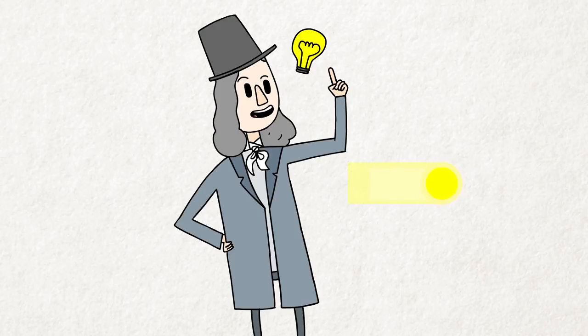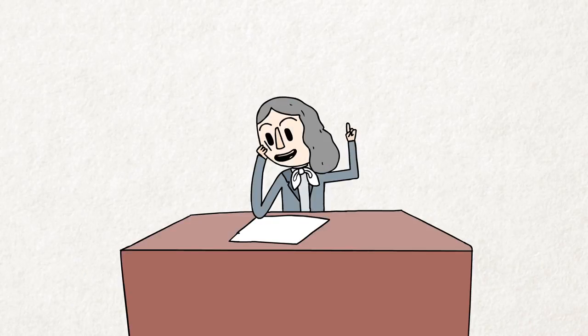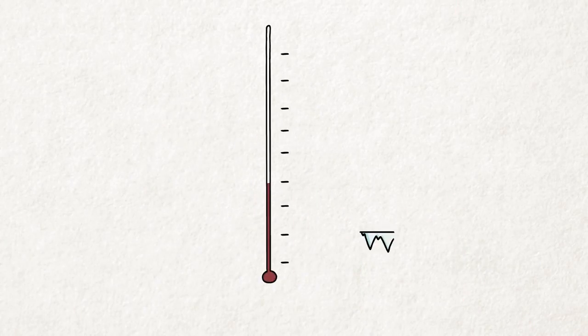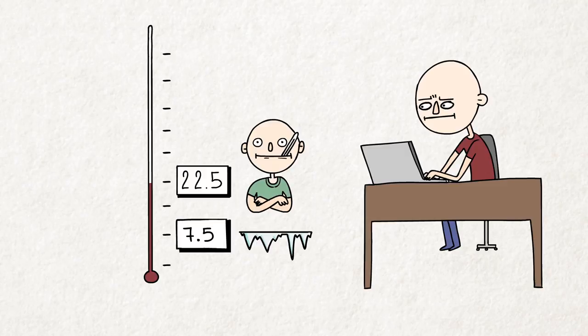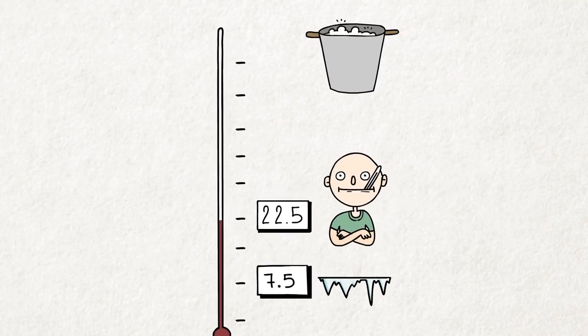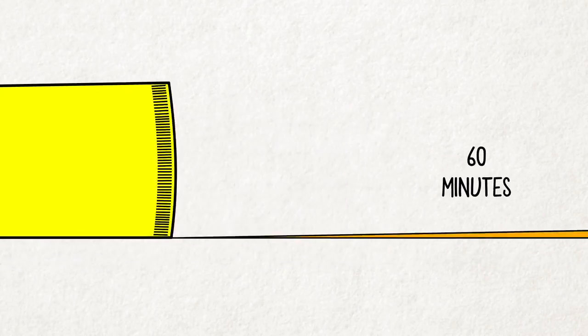But more pertinent to this story, in 1702, Romer was housebound after breaking his leg, and to pass the time, he devised a brand new temperature scale, with the freezing point of water at 7.5 degrees and body temperature at 22.5 degrees. Now, this might seem odd until you consider that Romer wanted the boiling point of water to be 60 degrees. As an astronomer, he had experience dividing things by 60.